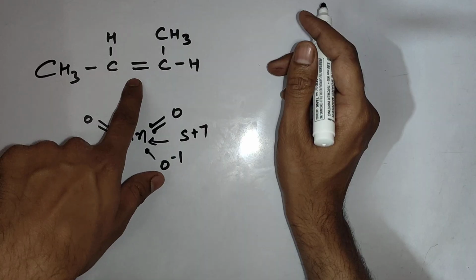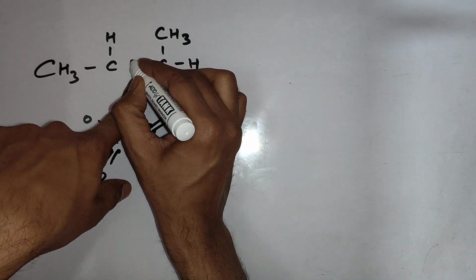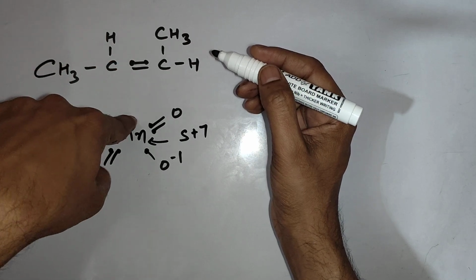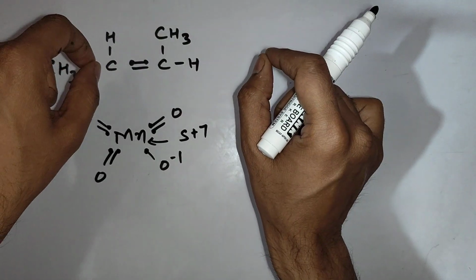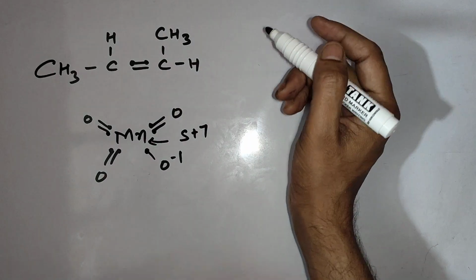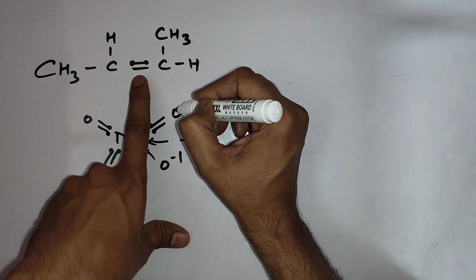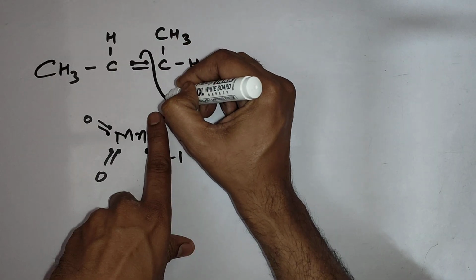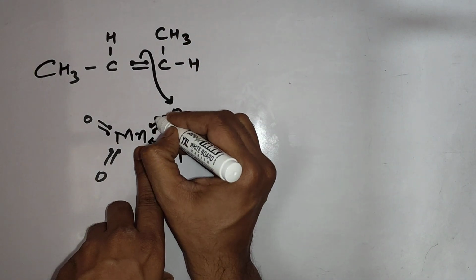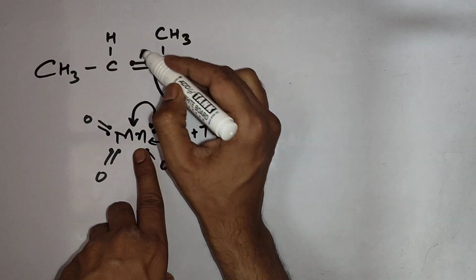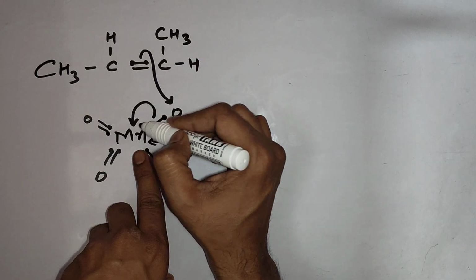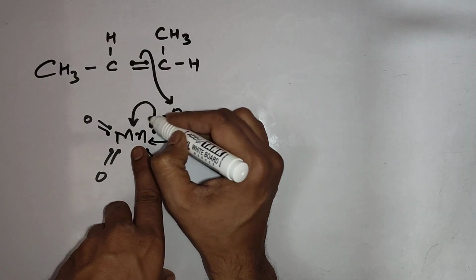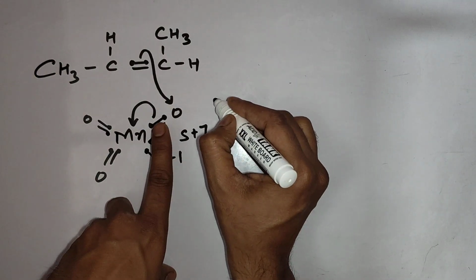Yes, alkenes are ready. In alkenes, pi electrons are available. Those pi electrons will go toward Mn, but not directly, indirectly. In the previous video also we did this mechanism. How? This oxygen will go closer toward carbon, due to which these pi electrons will come toward oxygen and these pi electrons will shift toward manganese. Indirectly, manganese is getting electrons. Now when this happens,